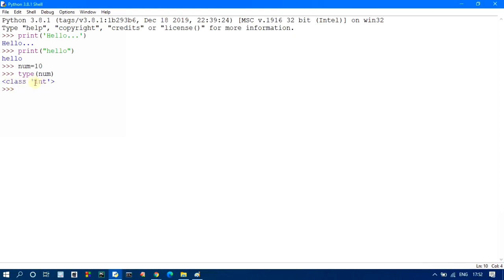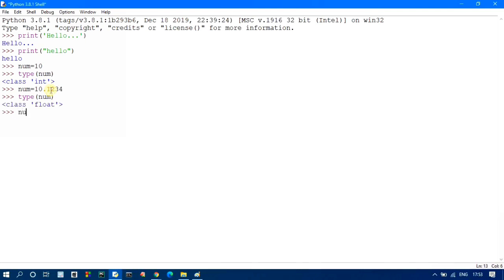Later we will discuss this class concept. Next, in the next statement, I am assigning some other value to num, and if I check the type, the type of num from now onward will be float.